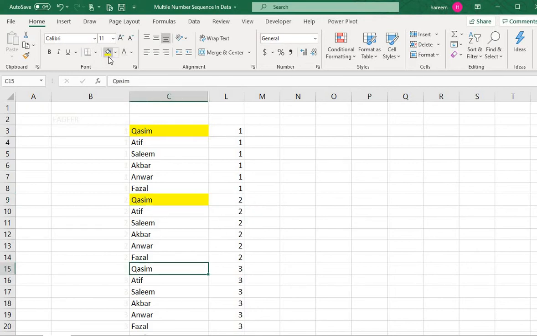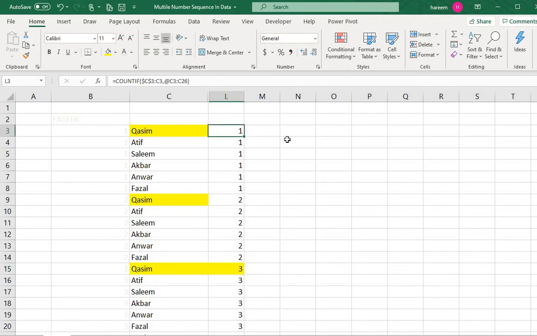Come here, you can see Qasim again came, and it will automatically show 3. So 1, 2, 3, the sequence of Qasim is coming here. That is the difference between COUNTIF and the sequence number by using a COUNTIF formula.